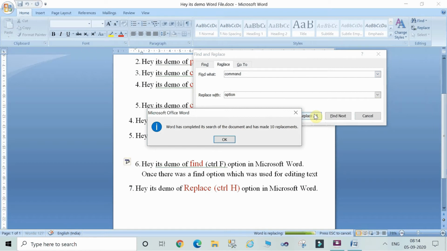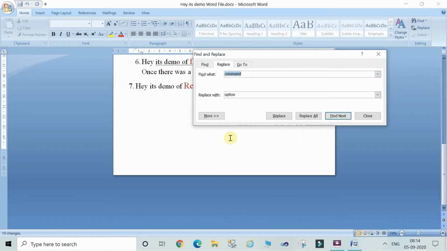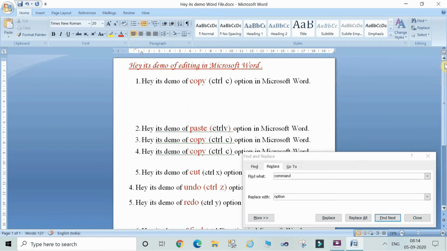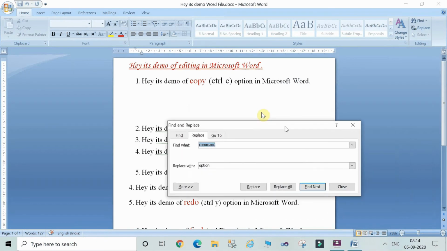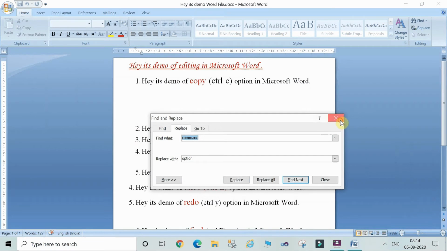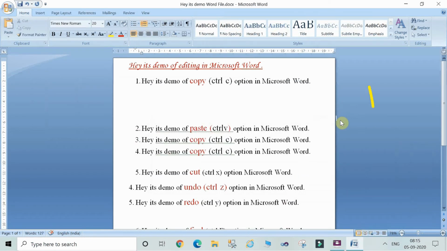The word has made 10 replacements for us. So just click on OK. Now all the text in which command was written has been replaced with option. So in this way you can use the find and replace option. I hope you understood how to do the editing in MS Word.